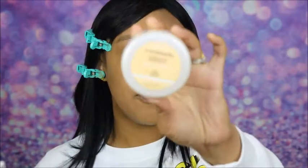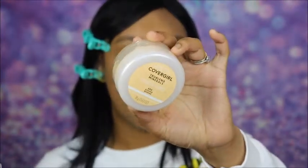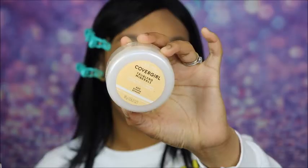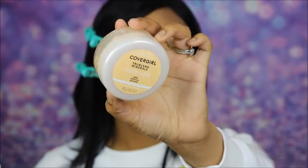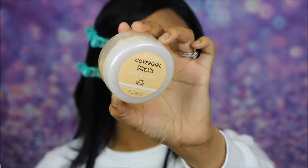So to set my face, I'm going to use this powder right here, one of my favorites. This is the Covergirl True Blend Minerals Loose Mineral Powder, and this is in the shade Banana. I have some powder right on the cap. There's a lot there actually. So what I'm going to do, I'm just going to take this little brush right here. It's like a little dome shaped brush, and I'm going to dip into that powder,